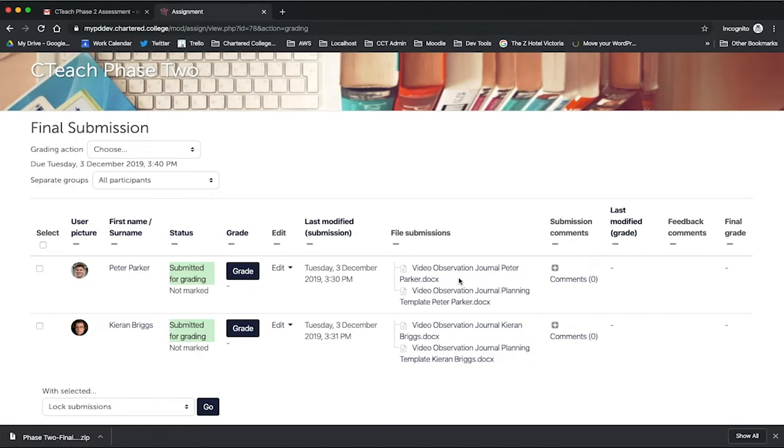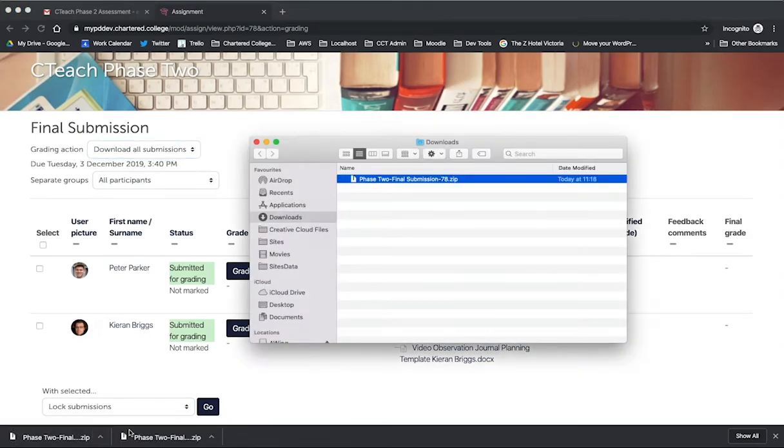Now, there are a couple of ways to get these documents. You can either click on them and download them yourself, one by one, or up at the top where you've got grading action, if you click on the drop-down box and choose download all submissions, it will download a zip file. And when you look at the zip file and unzip it, you'll have this folder,